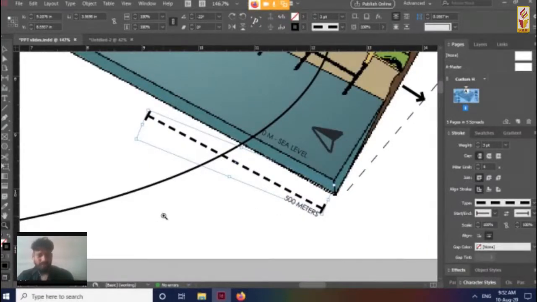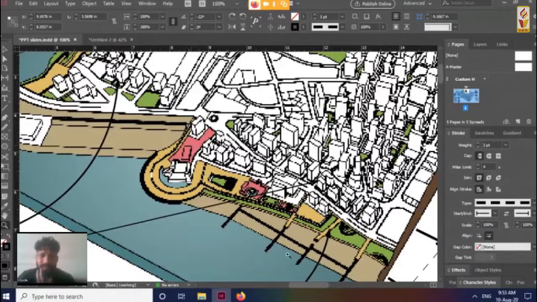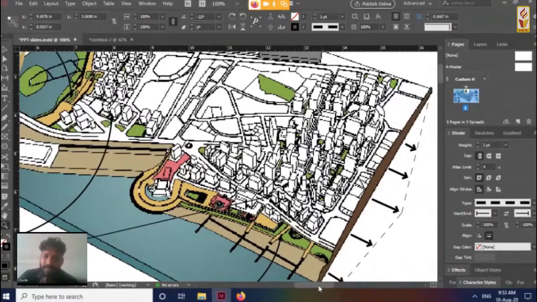So the whole idea of adding these lines and vector elements, basically lines and text, in InDesign is that even if you print at whatever size or quality, it doesn't get pixelated, it doesn't get distorted. Now you might be seeing that this particular image is extremely pixelated. That is actually not the case. That is something that InDesign does to save memory. Because you might be working with very high resolution images,